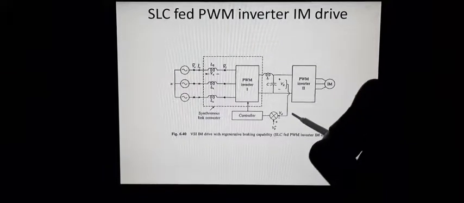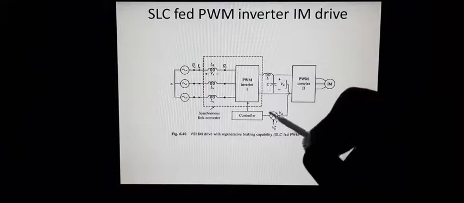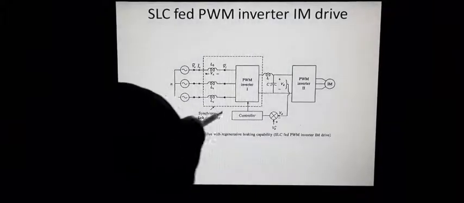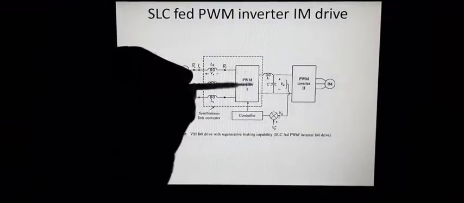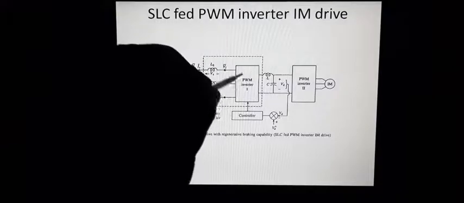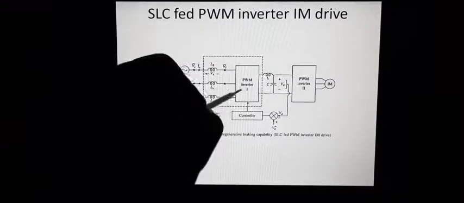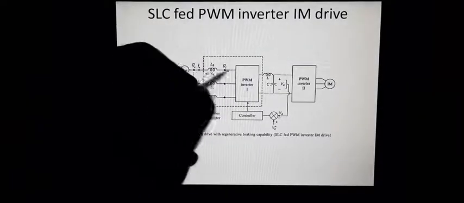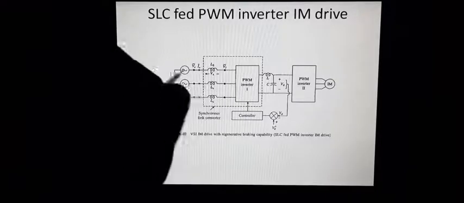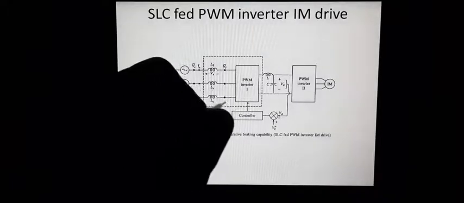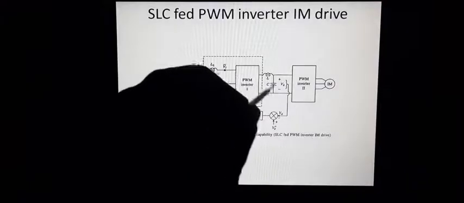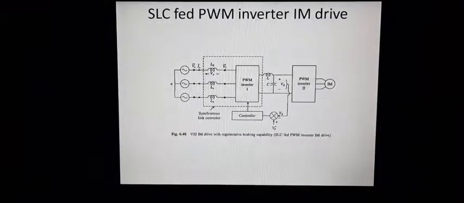Since the DC link voltage is being reduced, definitely the error which is coming here will be a positive error. The positive error will make this controller act in such a way that this converter's firing angles will be varied so as to take more current from the AC side. As more current is taken from the AC side, the DC output also will be increased, which further increases the voltage across this capacitor to the VD value. So this is how the control reaction is taking place.